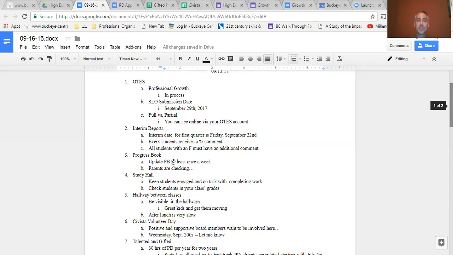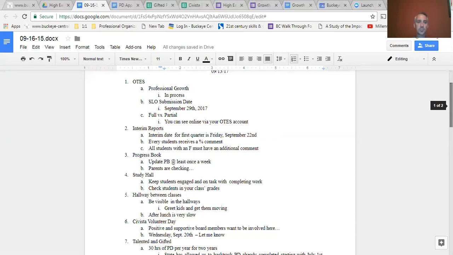You can go to your ETPES account. You can log in. And I think if you go under evaluations, you should be able to see if you're a full or a partial. If you want help doing that, I'll walk you through it. If you get frustrated with it, I do have the list at the school office that I can show you whether you're full or partial, but it is good for you to know how to access that information in ETPES.